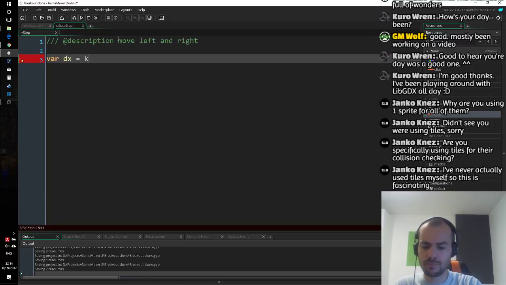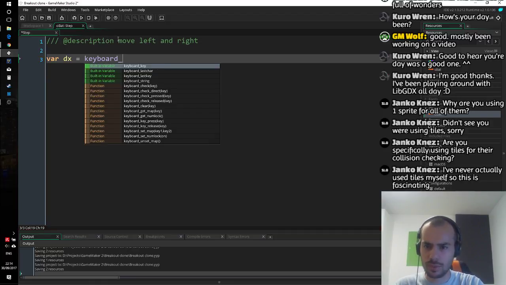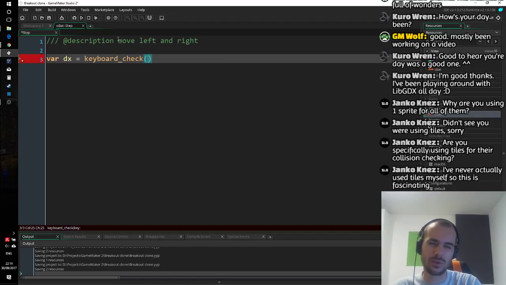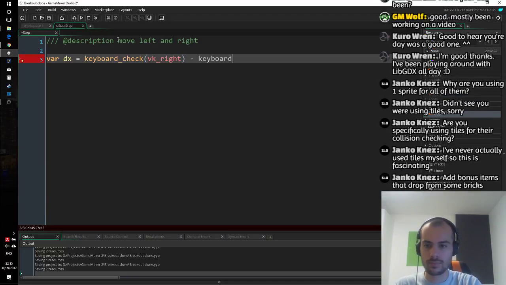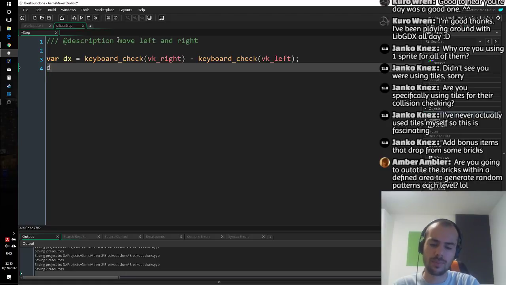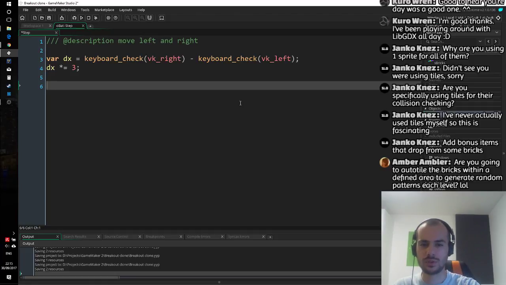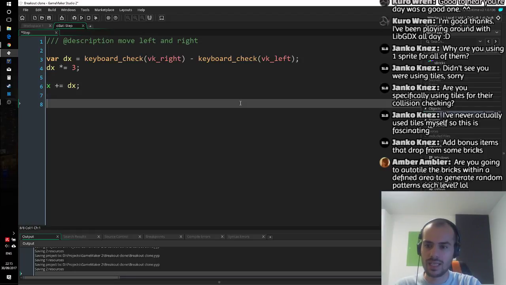I'm going to do something here, which is pretty standard among GameMaker projects. But it is noteworthy that this isn't very correct. So I'm doing vk_right, and then subtracting vk_left. Now this isn't the most correct thing to do. I do it all the time, but it's not very correct, because these are Boolean values, and subtracting Boolean values doesn't really mean much. But it just so turns out that Boolean values in GameMaker are represented by 0 or 1, which means you can do this trick here, subtracting two values like this. And then I can just do x plus equals dx,